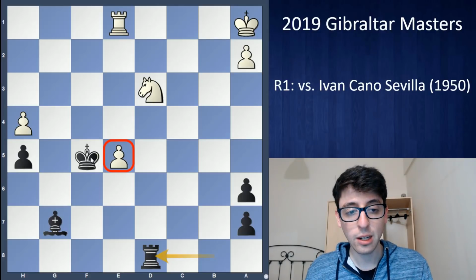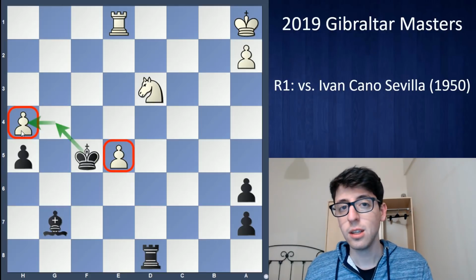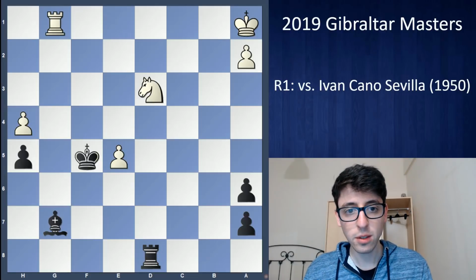But more importantly, I just want to go after the h4 pawn. And if I can win this one, especially with like a rook trade, then the bishop versus knight endgame should be very favorable for black. So it was a tough defense, but I think he did a good job. Okay, he plays rook g1,